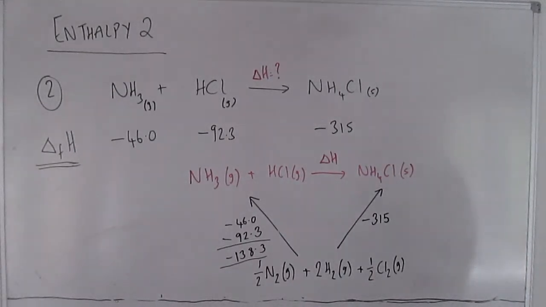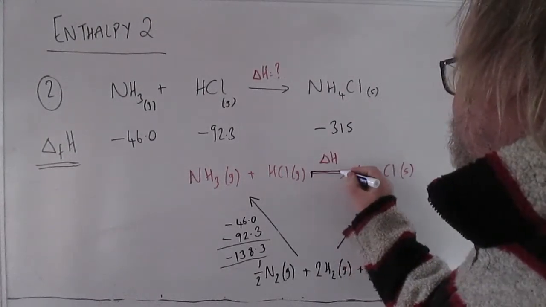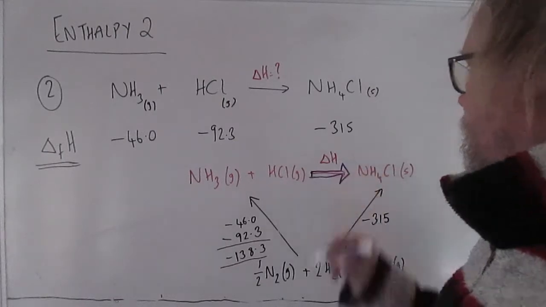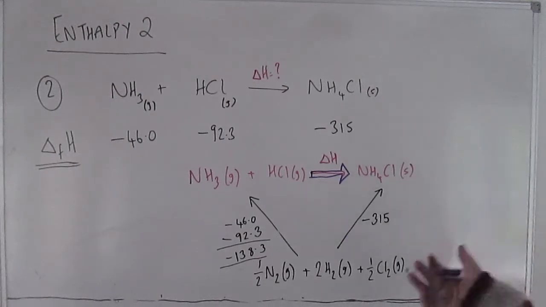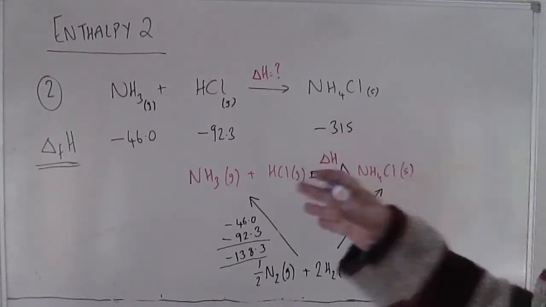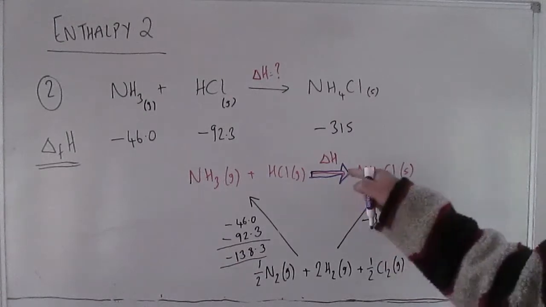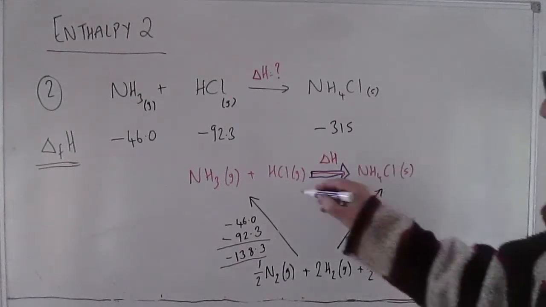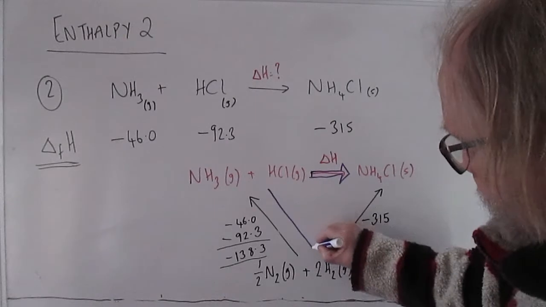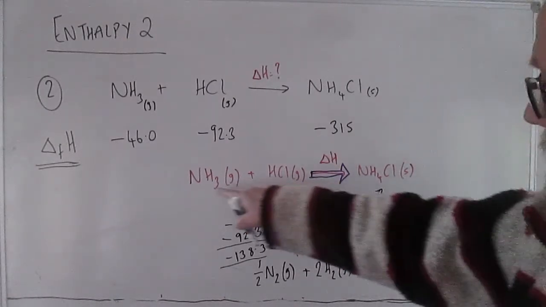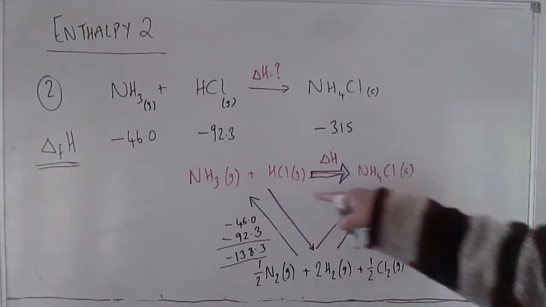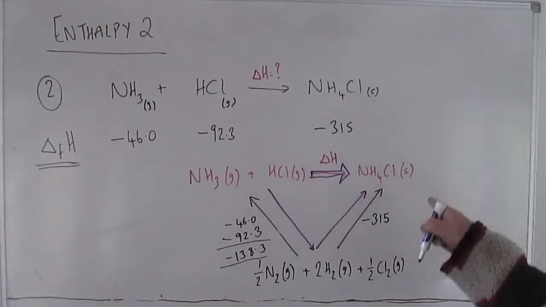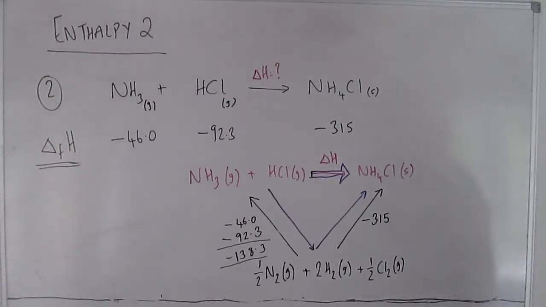What we can do now is to invoke Hess's Law, and Hess's Law says that this is the delta H we're interested in, but if we achieve that overall change indirectly and do it in 2 or 3 or 17 steps, and we add up delta H for each of those steps, it will come to the same number. And that's the key to the calculation. So we can make up an indirect route that starts where this starts, over here, and ends where this ends, over here. So we're going to add up these 2 steps, which take us from here to there, the same as the overall reaction. Why are we doing that?